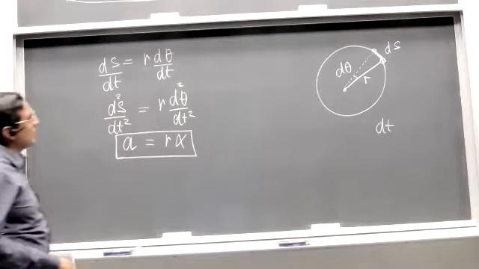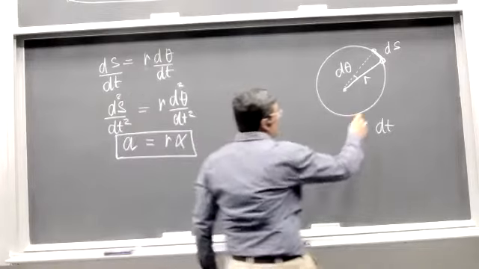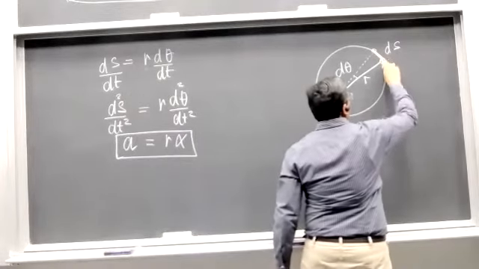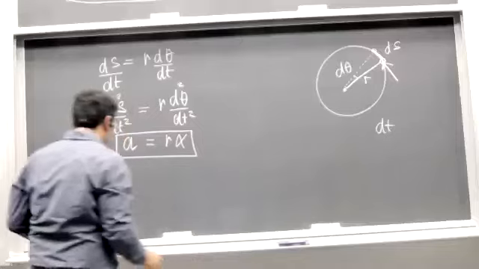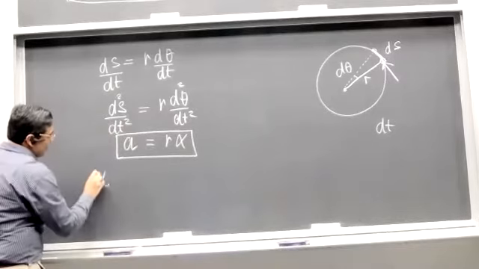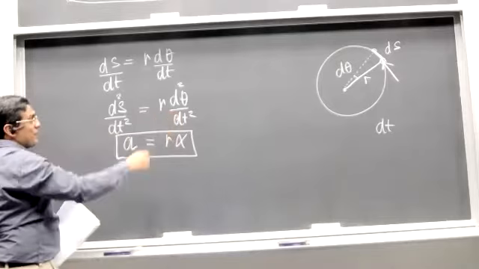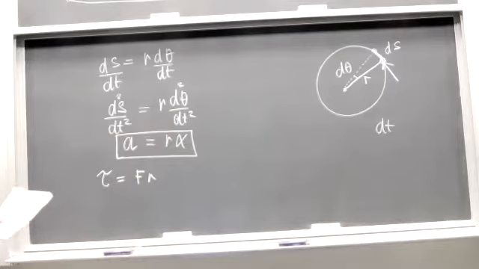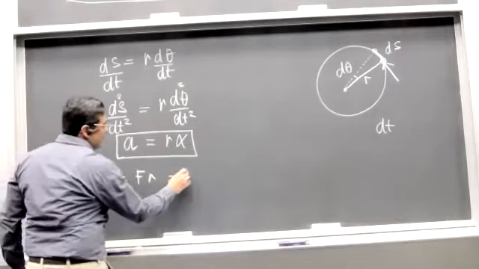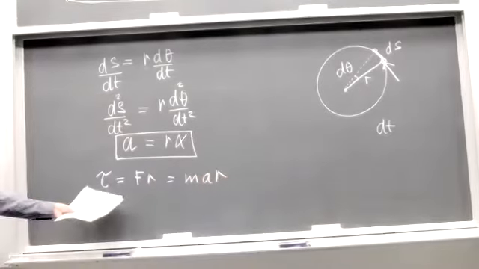Okay, so now we bring back the definition of tau, and I'm just using the special case where force is acting perfectly perpendicularly to the position r and just writing the scalar form of tau. But the relationship is general. So that is what we said, right? If the angle between them is 90 degrees, then in scalar form tau is F times r. And F is m a, right? F is m a.